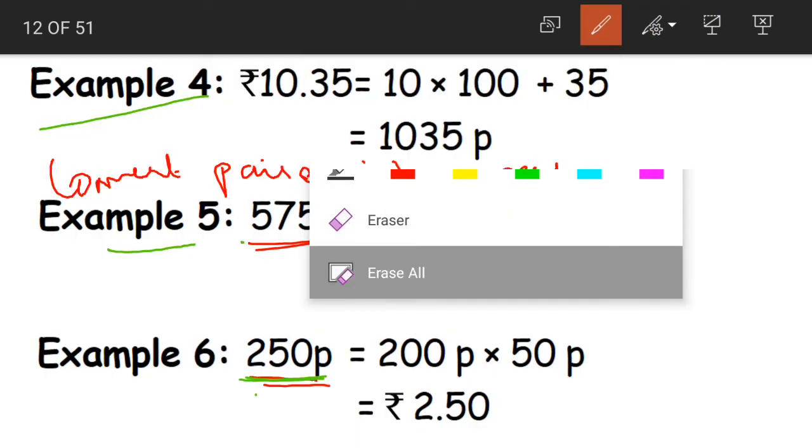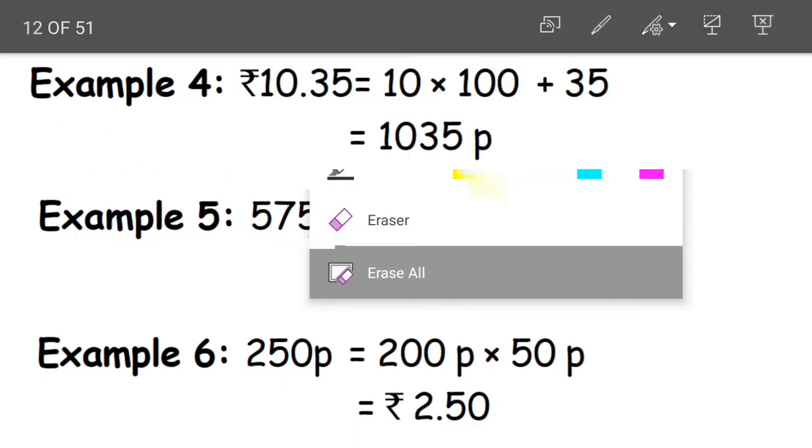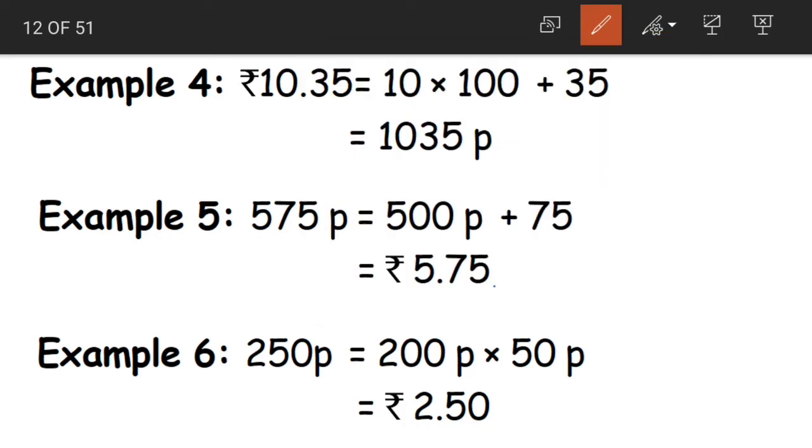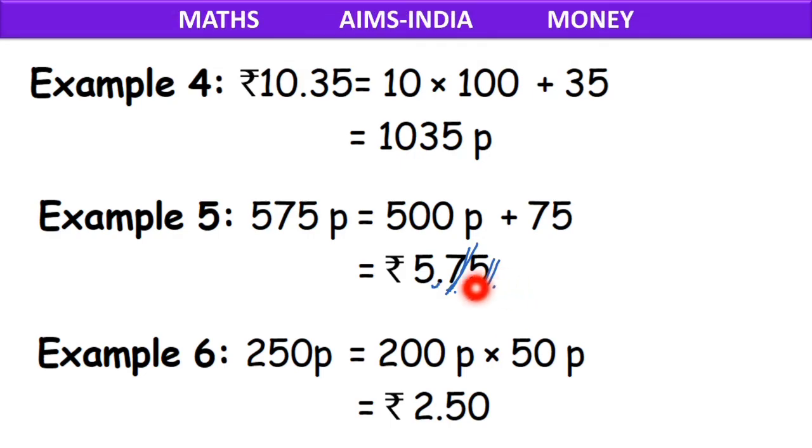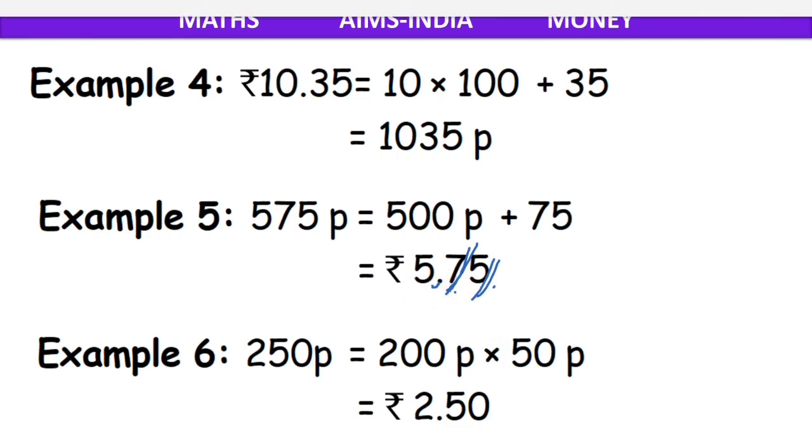If you simply have multiple choice questions where you need to tick the correct option, you can follow the method of counting the digits and placing the point. Understood? After two digits from the right, you have to place the point. Then we'll have our rupees and paise. I hope this was clear, right children?